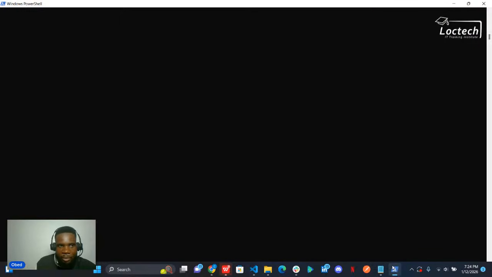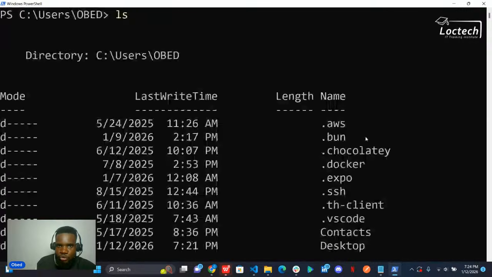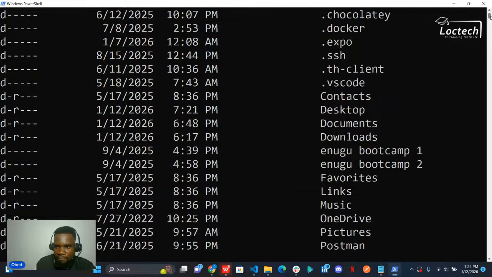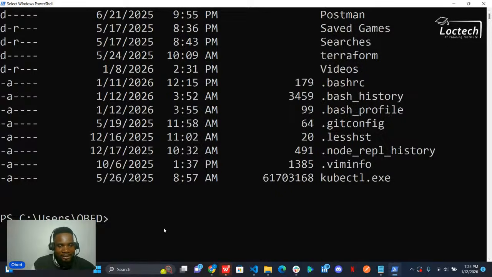So if I move over to my PowerShell, just to relate it, if I want to move into a folder, what folder do I want to move into? I want to move into the Documents folder, right? And here it is. I want to move into this folder. In this terminal, we can't just double click. So we have to learn the command that we need to enter into a folder. And that command is cd. cd here means change directory.